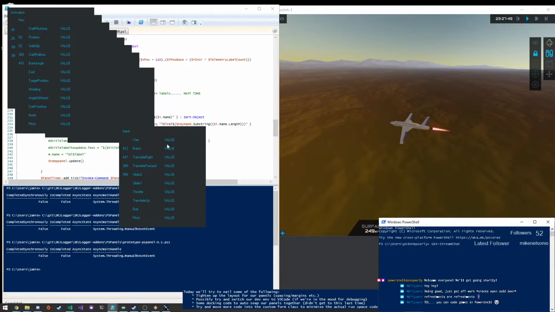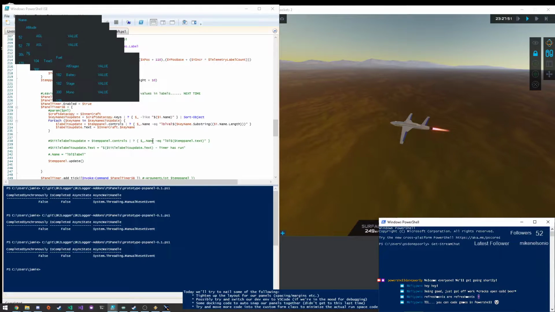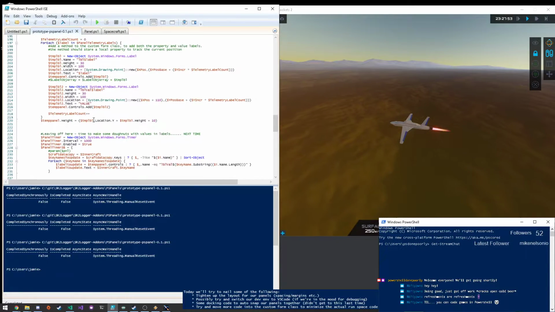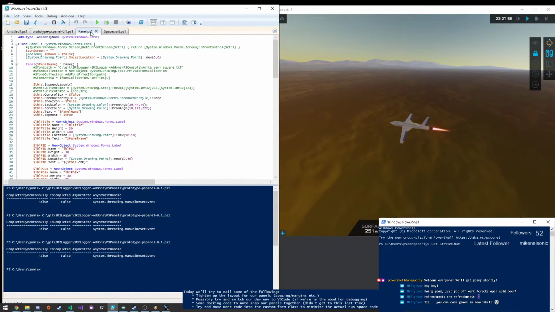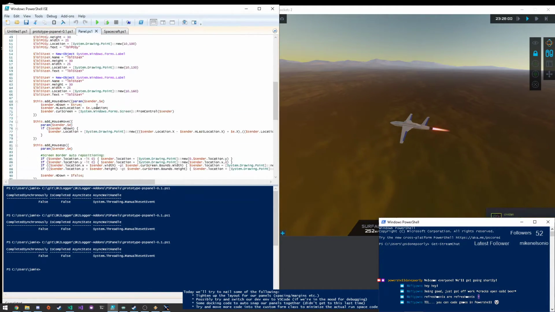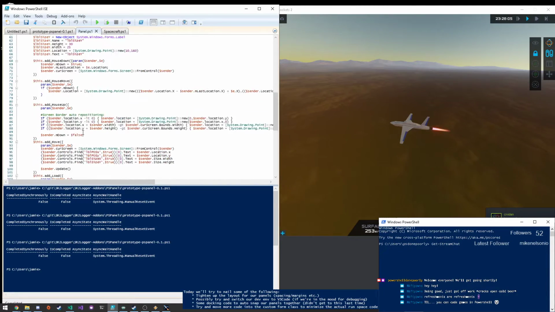I think we can do something to make things more efficient. So, let's see. The move code. Where's the move code? Okay, no, the move code, it might be in the panel. Is it? Yeah, it is in the panel. So sender dot, okay, so